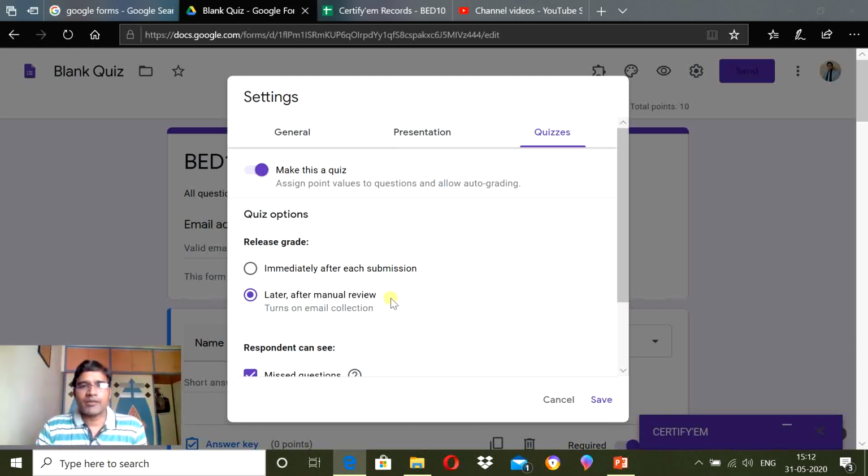So coming back to the topic, if you are organizing a conference and you want to distribute the certificates online, on the other hand you also want to check whether the participant really attended that conference or not. You want to verify the data and then only release the certificates. So here is the option.